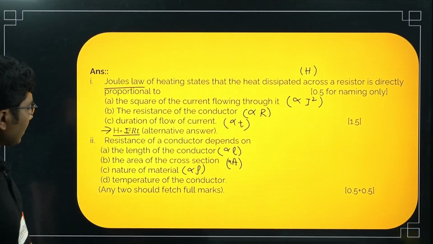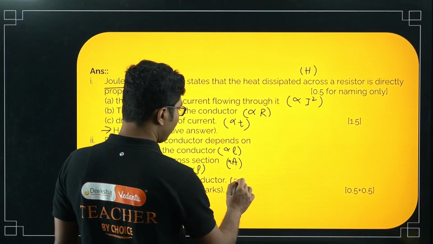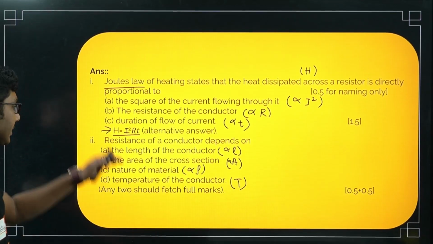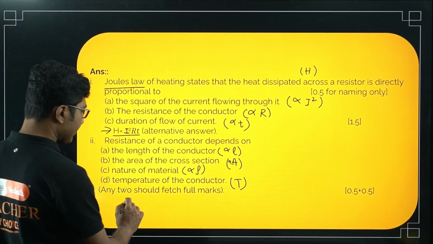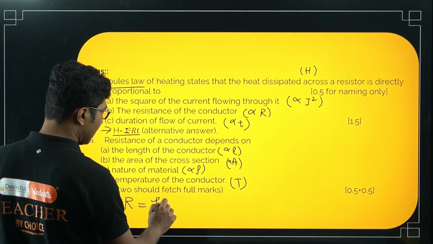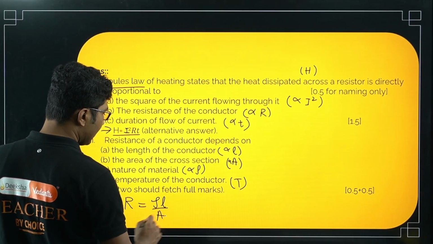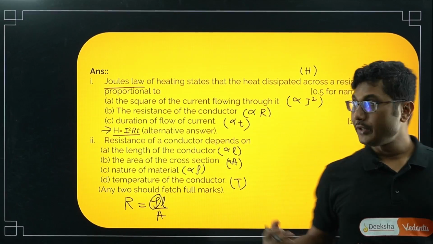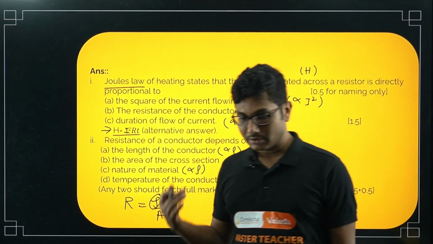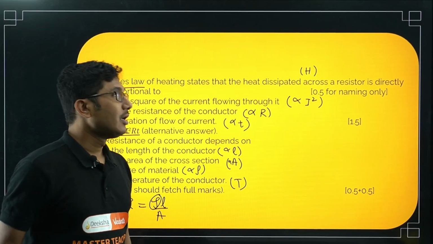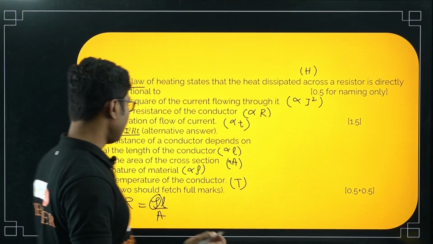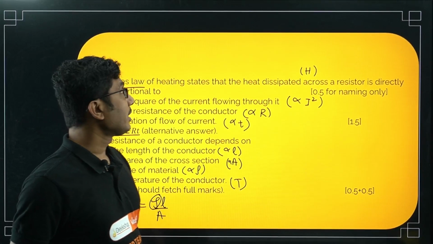Okay, temperature of the conductor, this is also important. Temperature also, because rho depends on temperature. So this is the main factor. Also you can mention R is equal to rho L by A. Here rho depends on temperature. There is a temperature coefficient of this rho that we have not discussed because that is not part of your syllabus yet. In your class 12th you will learn more about the temperature dependence of the conductivity. Okay, now